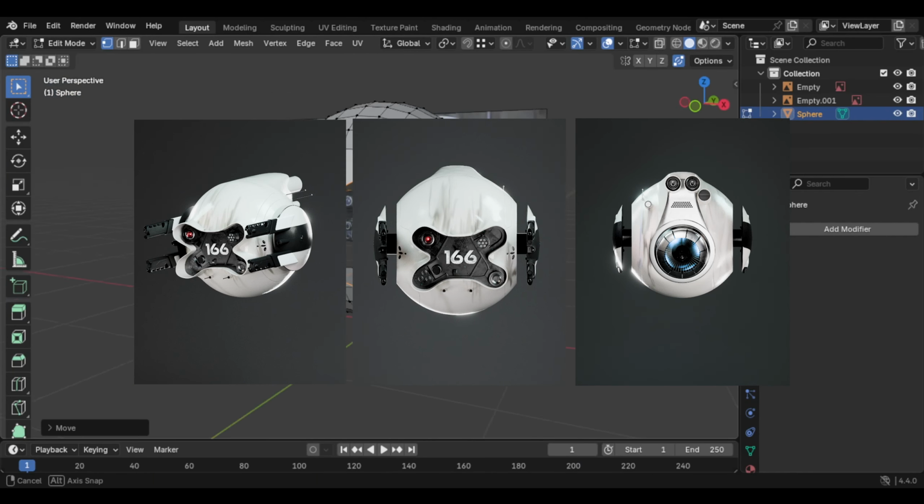As you can see, we have some issues here, so we can hide our subdivision first, and we can just select these faces and delete them. Next we can just select these edges and fill them with F and right click and shade smooth. We can also check the face orientation and see if something is not correct. And if you see it as red, it means it is inside and we have to press Shift and N